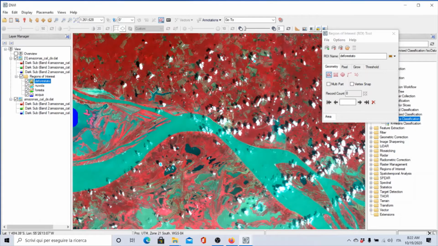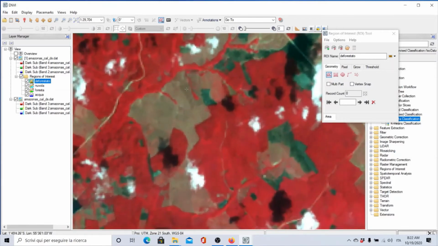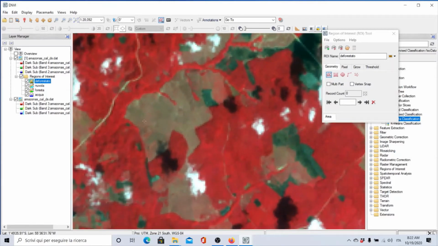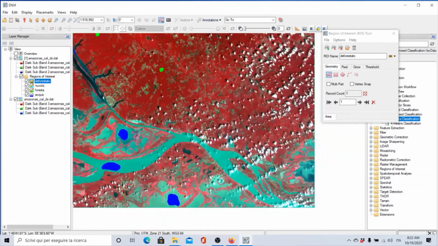All right, let's go to the forested area. For example, these are the forested areas, the greenish-brownish areas in false color. They are not so homogeneous from the radiometric point of view, but anyway, let's extract the first polygon. Let's go to